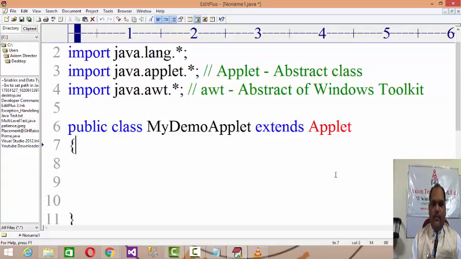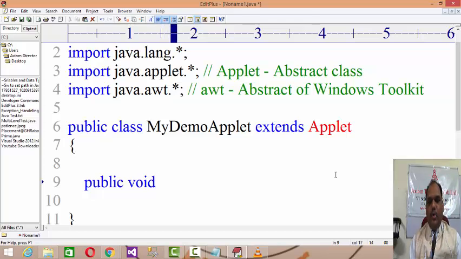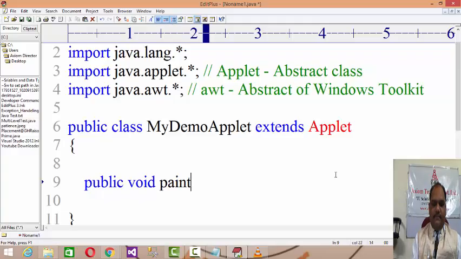So the first method the abstract Applet class provides is the paint method, public void. As I said prior in the discussion, your applet doesn't contain a main method, it contains a paint method. And this paint method, just like public static void main takes an array of string as an argument, in the similar manner public void paint is actually an abstract method of the Applet class, which you are overriding here, and it takes a Graphics class